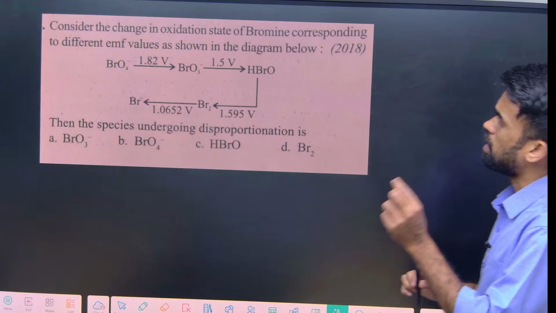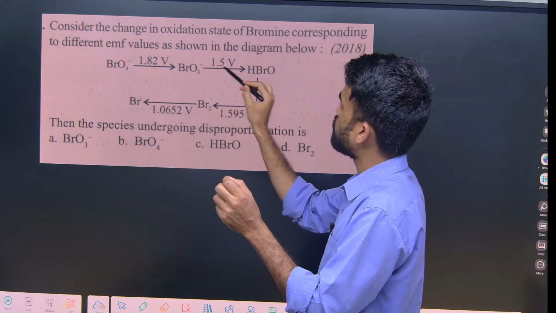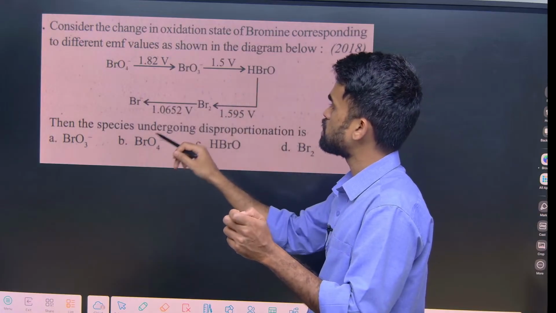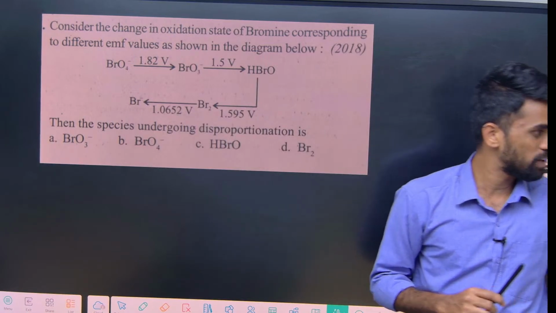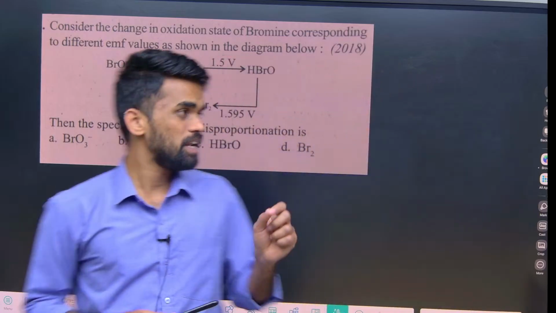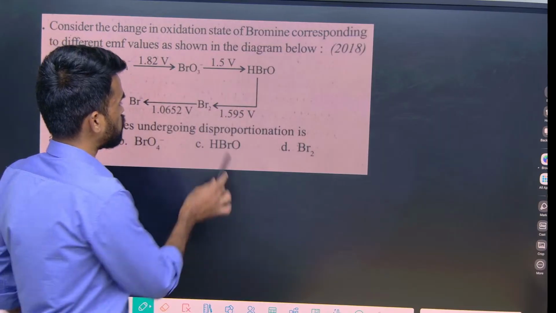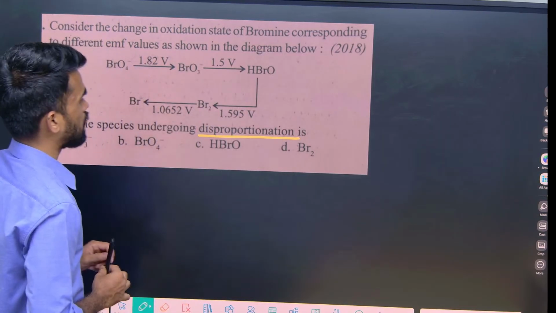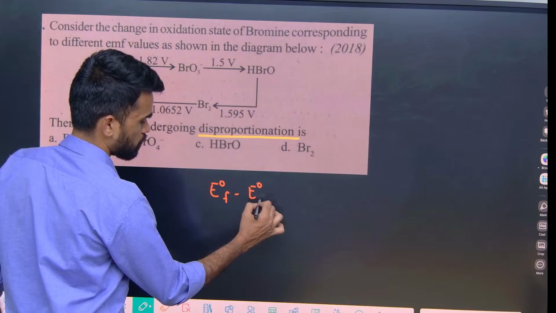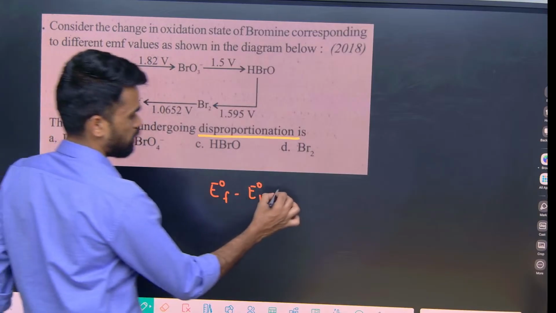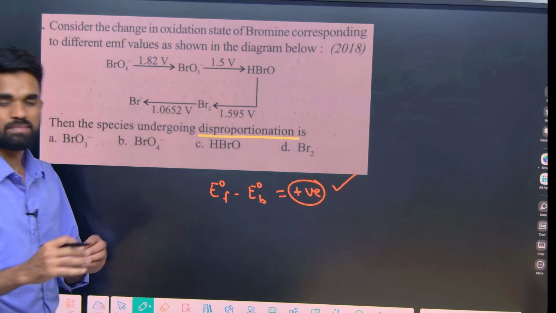The question says, consider the change in oxidation states of bromine corresponding to different EMF values as shown in the diagram below. Then which species undergoes a disproportionation reaction? I will tell you one simple tricky way to solve this type of question. Whenever they have given a series of reactions like this, and they are asking about disproportionation, you just calculate E naught front minus E naught back. If this value is positive,